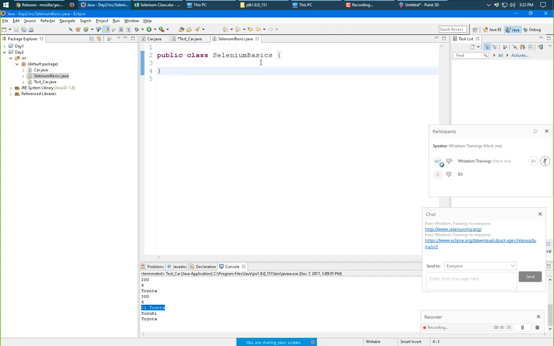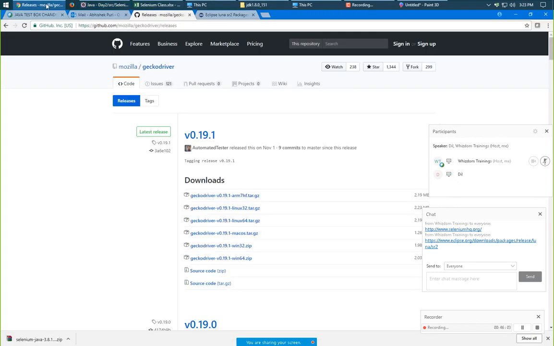Say I want to use Firefox. To use Firefox we need two basic things: the Firefox browser, and the second important thing is the driver.